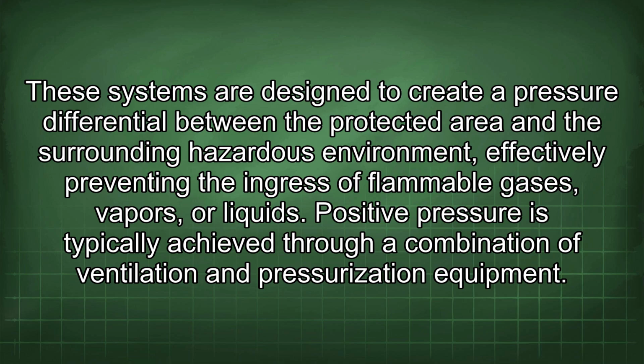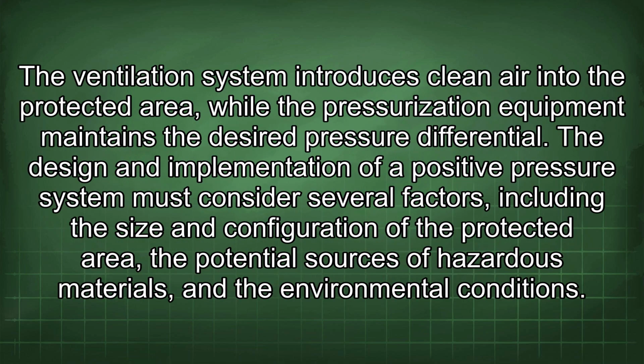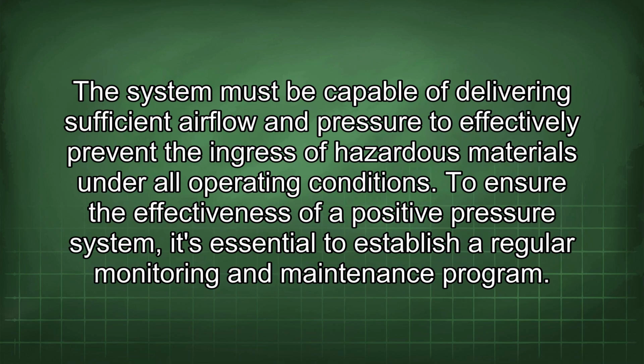Positive pressure is typically achieved through a combination of ventilation and pressurization equipment. The ventilation system introduces clean air into the protected area, while the pressurization equipment maintains the desired pressure differential. The design and implementation of a positive pressure system must consider several factors, including the size and configuration of the protected area, the potential sources of hazardous materials, and the environmental conditions. The system must be capable of delivering sufficient airflow and pressure to effectively prevent the ingress of hazardous materials under